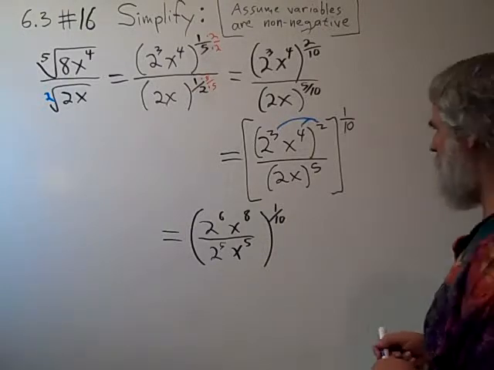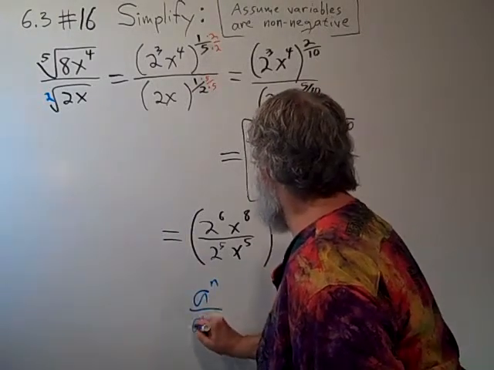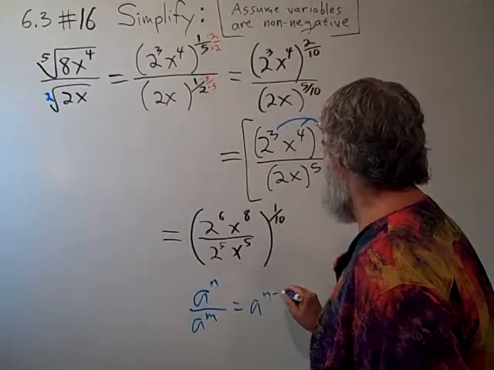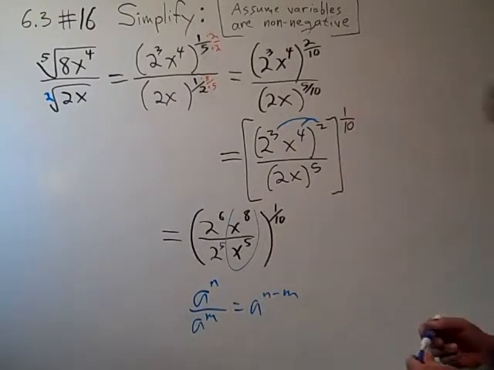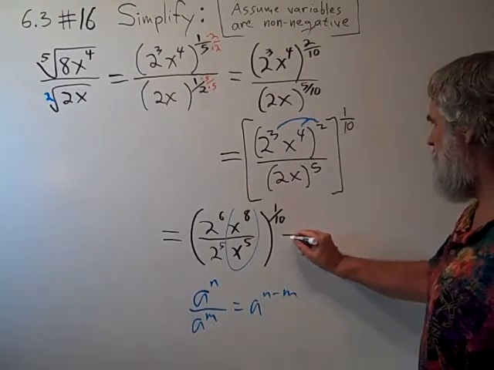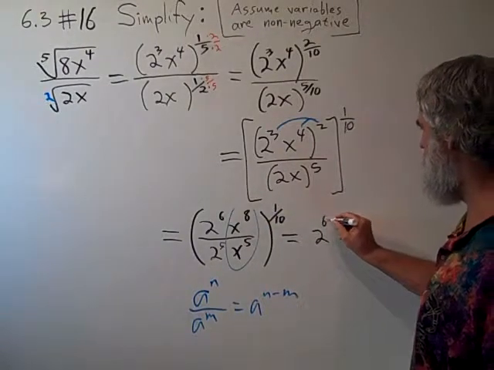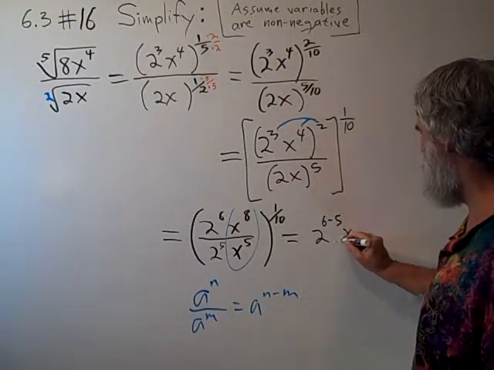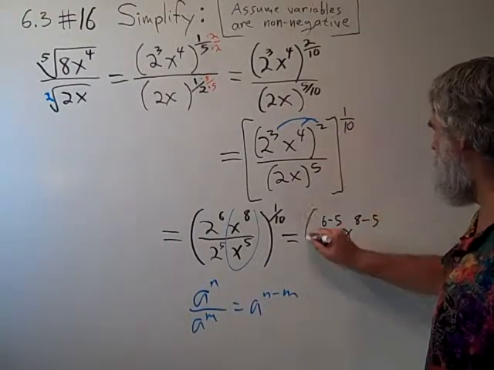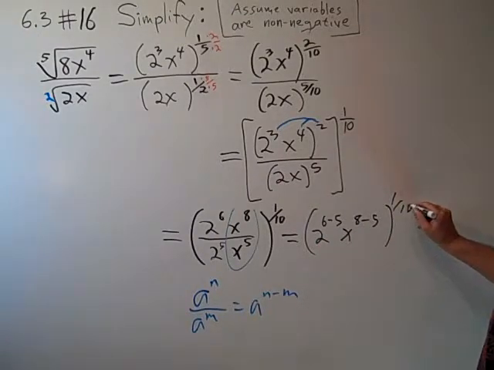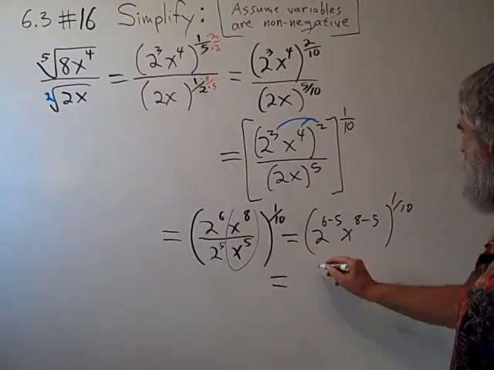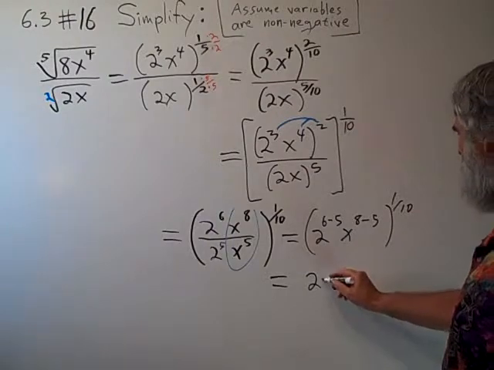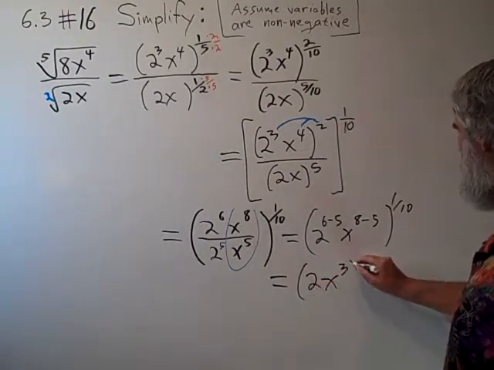Now, using that property that a to the n divided by a to the m is a to the n minus m, we can use that twice here. And this expression then simplifies to 2 to the 6 minus 5 times x to the 8 minus 5, all of that raised to the 1/10 power. And so what we have is 2 to the 1 power and x to the 3rd power, all raised to